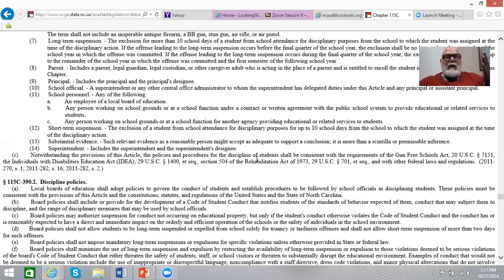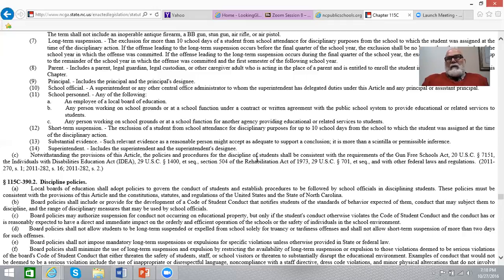So what they're saying here is we can do all these things. The state of North Carolina says you can do all these things in the discipline of a child unless it conflicts with these federal laws. Federal law comes first. For example, if you wanted to do a 10-day suspension for an exceptional child, first thing you need to understand is you can't do more than 10 days in a school year of suspension, either in or out of school. In-school suspension does count. You can't do more than 10 days without having to put the student through the process.